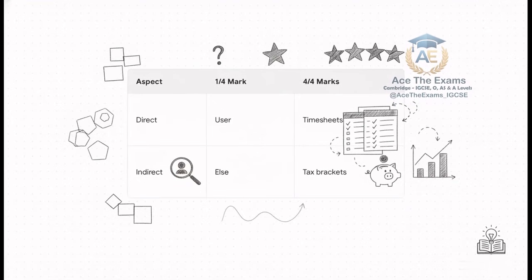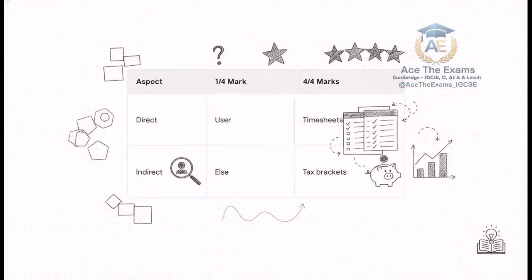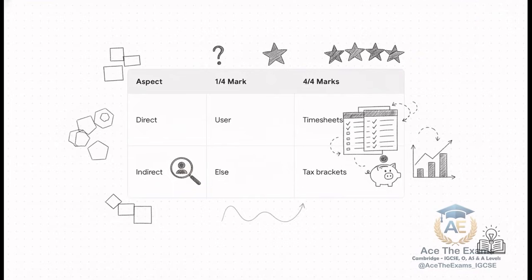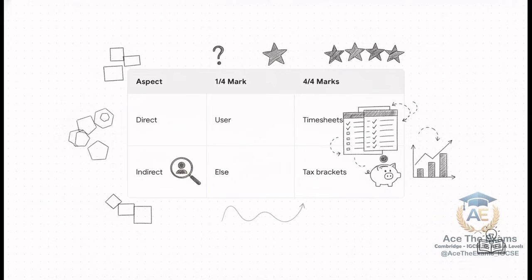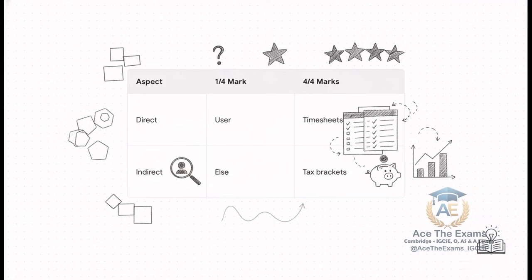A generic student answer simply states, direct data is collected by the user, and that earns just 1 measly mark. But the contextualized examiner correction links timesheets to accuracy and tax brackets to processing time, easily securing all 4 marks. Examiner-style performance completely depends on this kind of specificity. Generic points rarely, if ever, gain full marks. Whether the context is a secure website, a spreadsheet task, or a multimedia workflow, your answer has to live entirely